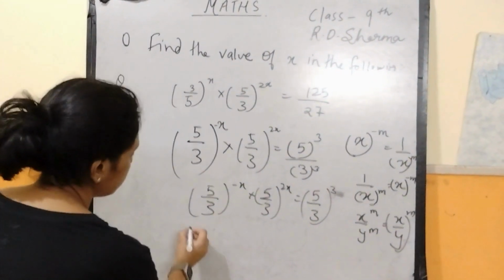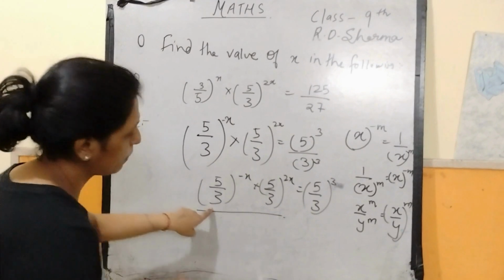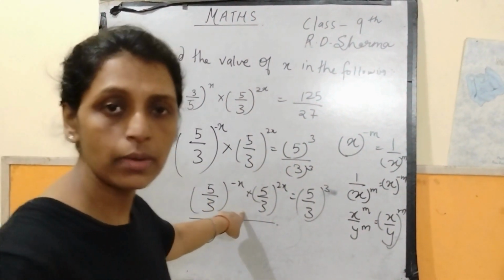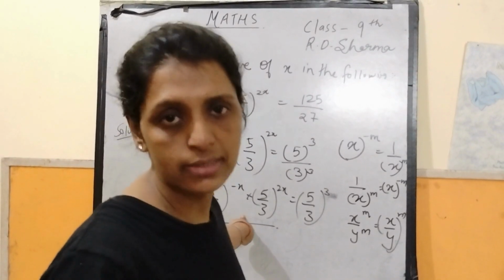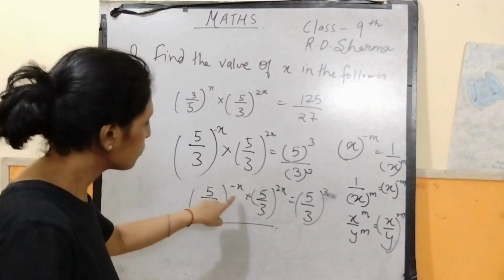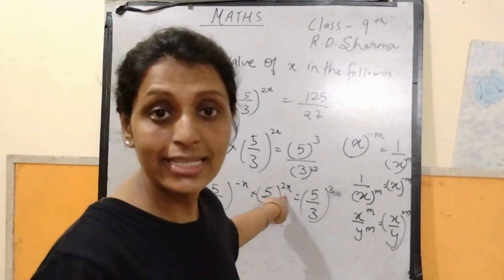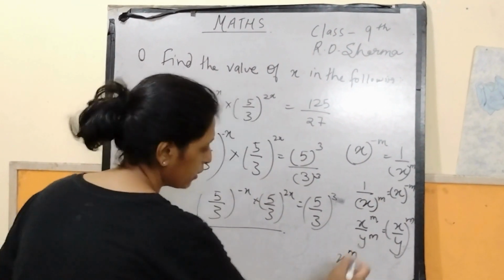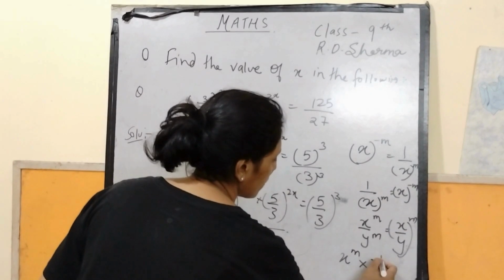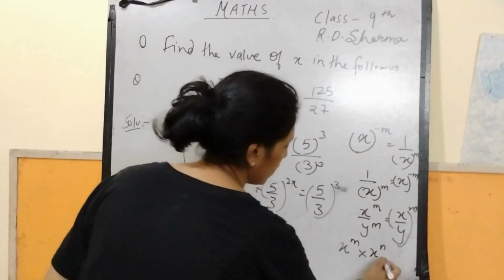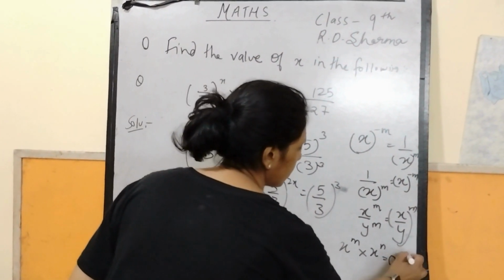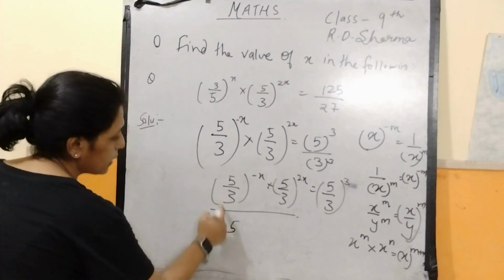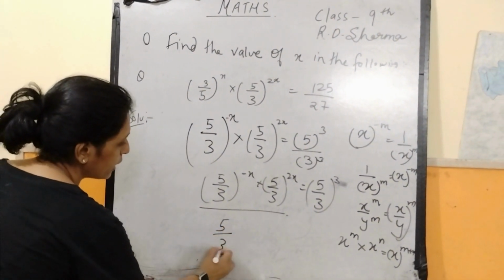Now here the bases are same. According to laws of exponents, when the bases are same and the operation of multiplication is applied, then the powers get added. So I am writing the law here: x^m into x^n is equal to x^(m+n). Now the base is common, so we can write